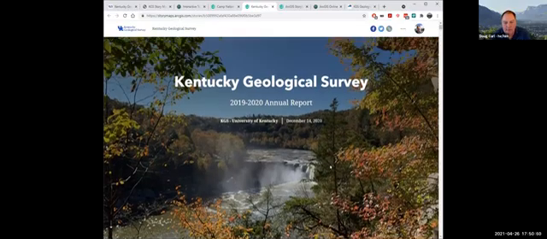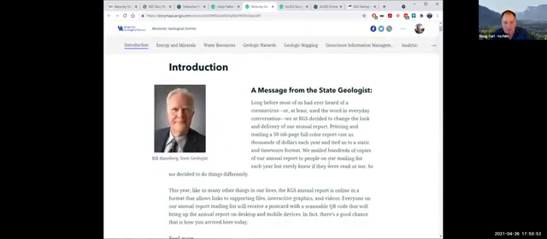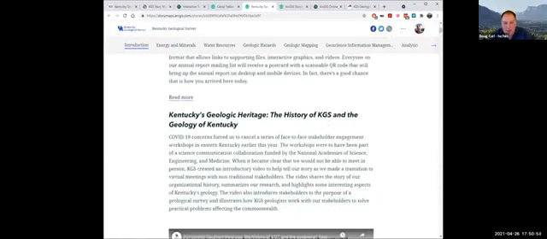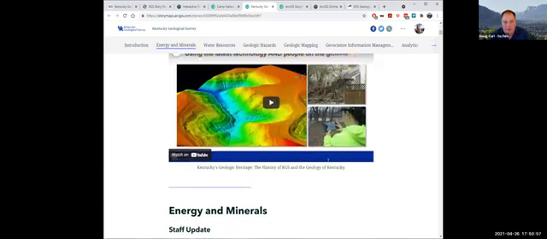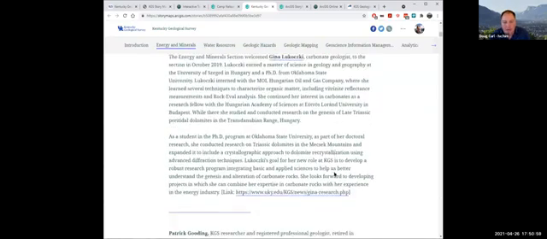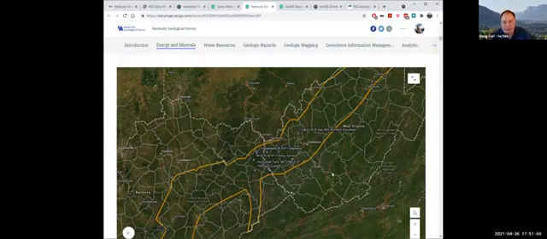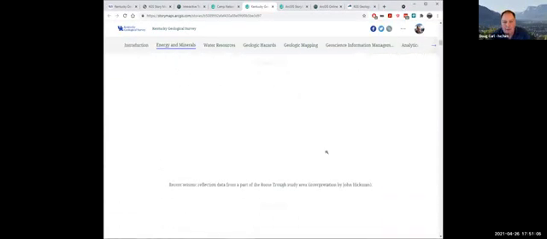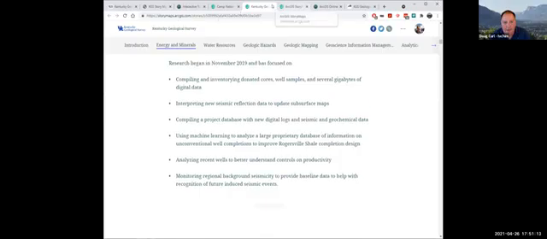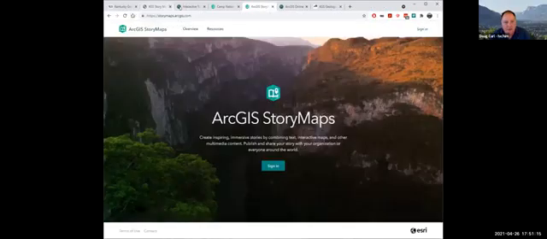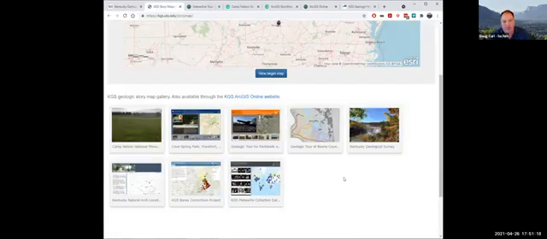It has a big picture on the front, and then a message from Bill at the beginning, and then it goes through, and you can embed all sorts of content in here, including maps, and it's been really well received. I won't go too much into detail on that, but you can check it out. So it turns out you can do many different types of story maps, but we focused on several of these tours.